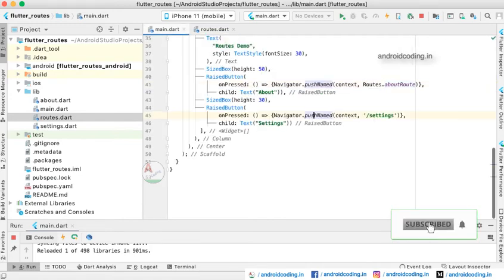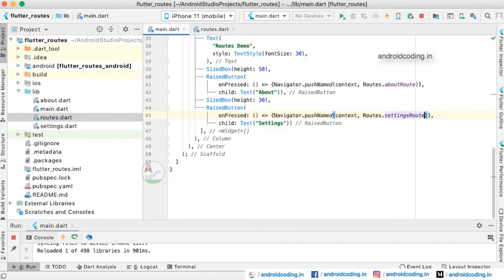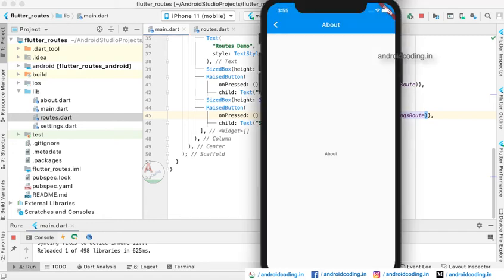Now I think you understood why we declared it globally rather than declaring it in every screen, because we can use the same code multiple times and also have less code throughout the program. Also from the Settings screen we can go to the About screen, and vice versa we can do anything. So this is a simple explanation of the routes concept in Flutter.